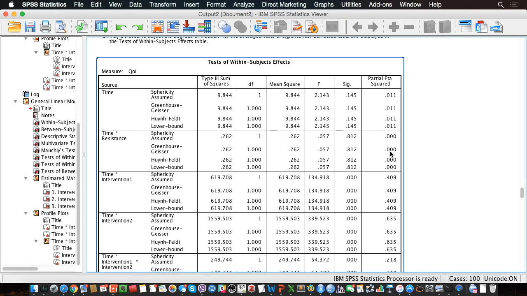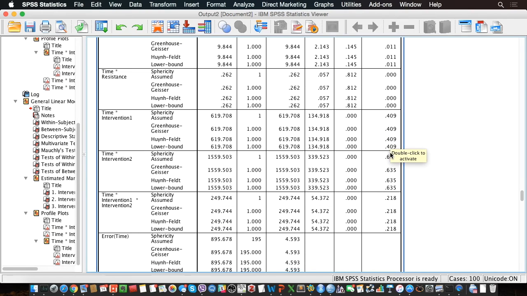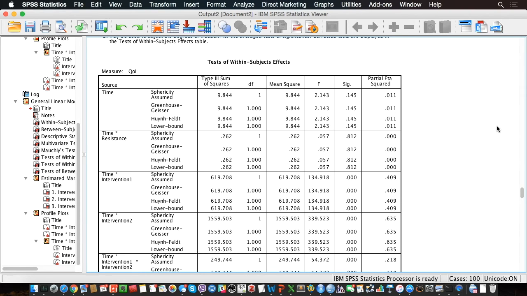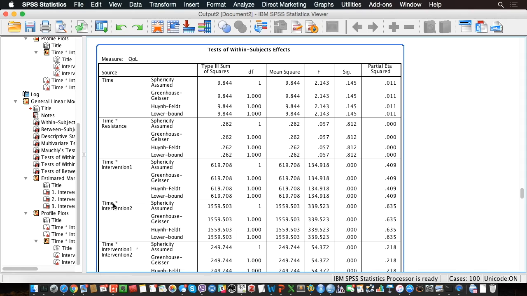Let us have a look at the within subjects effects here, right? So basically what we want to see is if intervention 1, for example, is going to have an effect on the increase or on the change over time of quality of life. So when we ask about the efficiency of intervention 1, we have to look at the within subjects interaction between time, sorry about these pop-up things here, the interaction here between time and intervention 1 and the